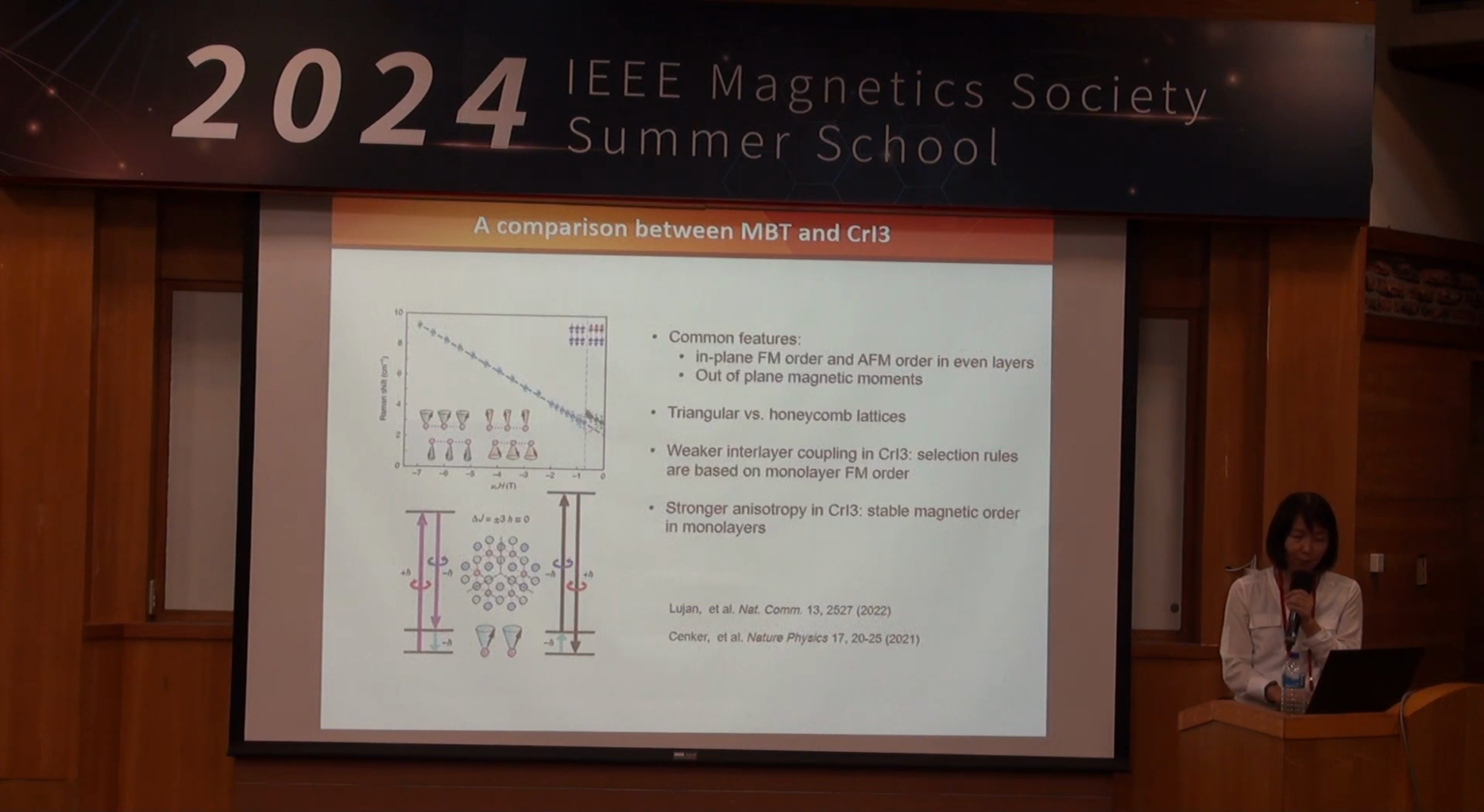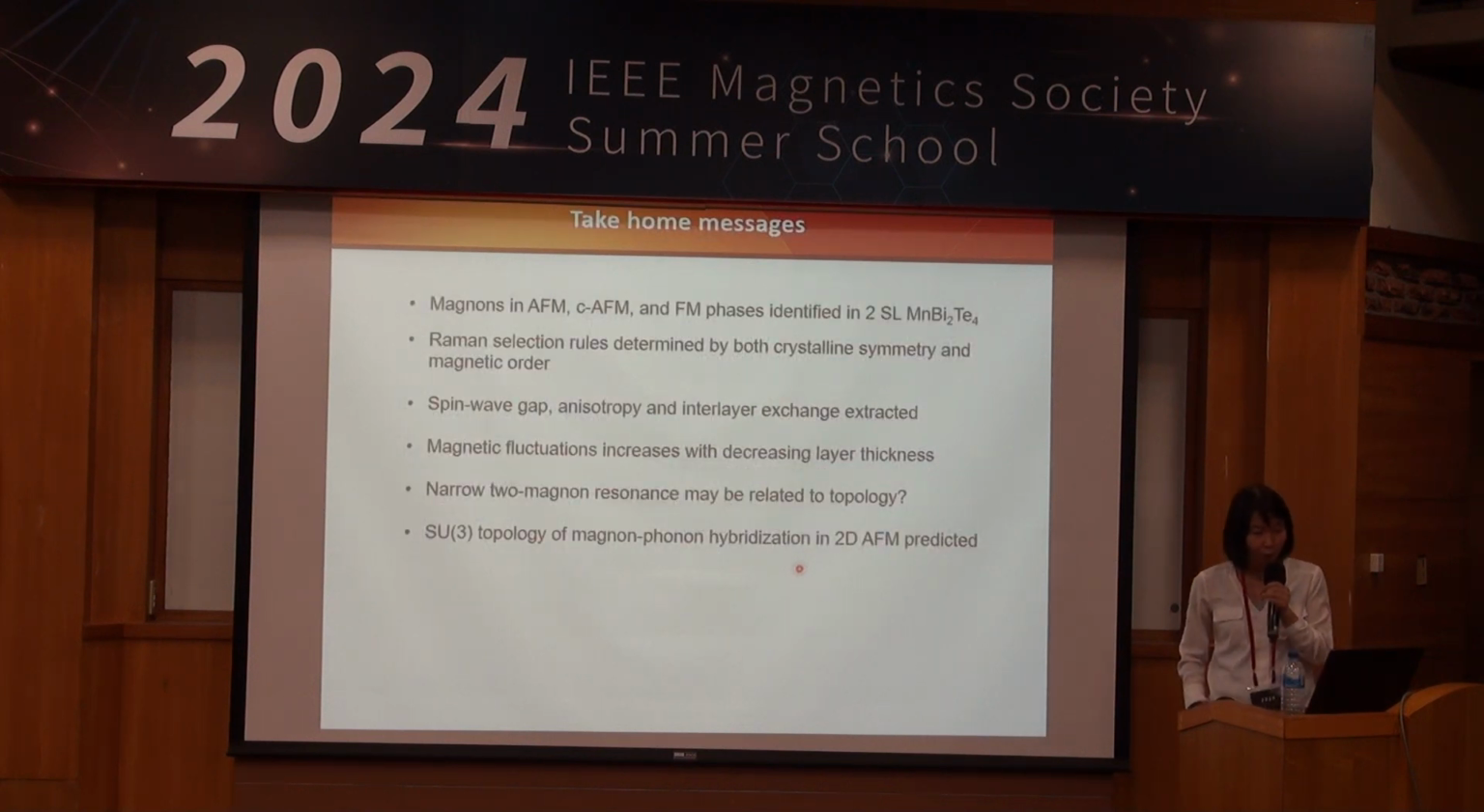You can use this method to compare different kinds of van der Waals magnetic materials. Different magnetic materials have different properties. But let me just go to the take-home message. Using magnon spectroscopy, you can identify phases in very thin van der Waals materials. You have selection rules determined by both the crystalline symmetry and the magnetic order. By measuring the spin wave gap and anisotropy, you can extract important parameters on these ultra-thin films. And there are some very narrow two-magnon resonances that could be related to topology. So, and with that,